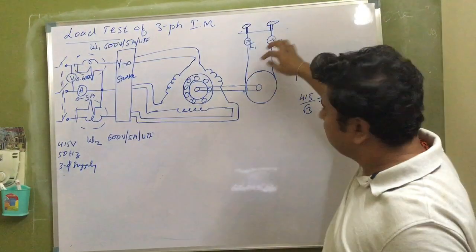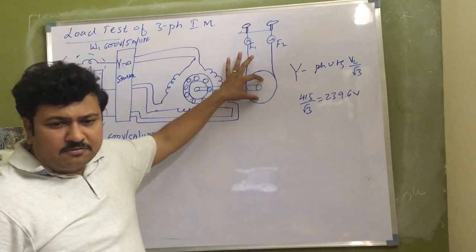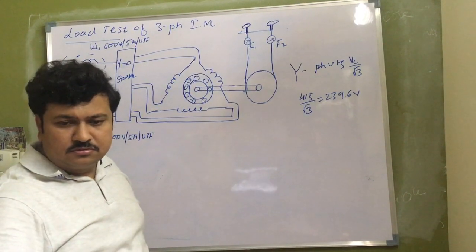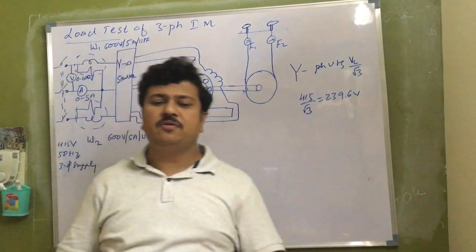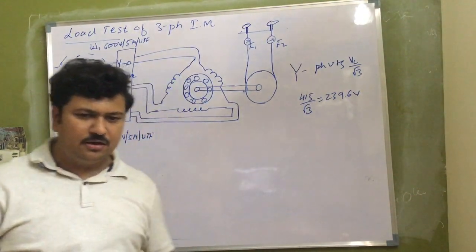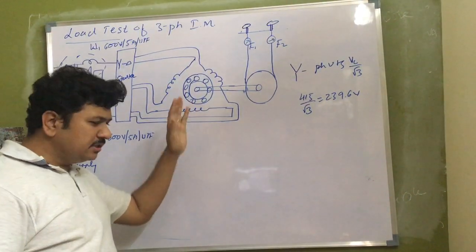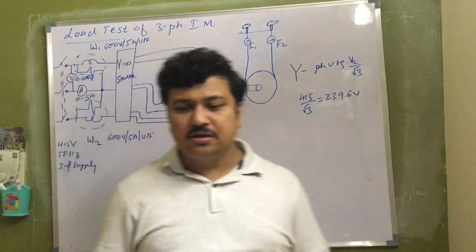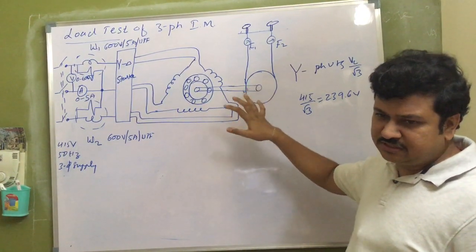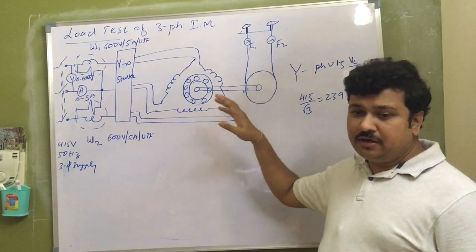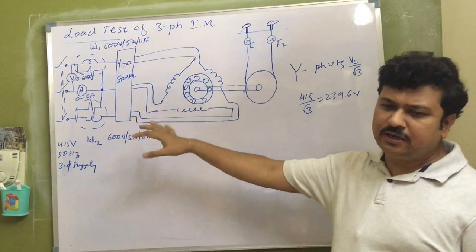the tension on the belt goes on increasing, then there will be a large amount of friction on the brake drum. That large amount of friction on the brake drum itself will act like the load. That is the mechanical load arrangement. And this is the direct loading method, where the physical condition of the motor at load condition can be very easily studied. This is one of the greatest advantages of this type of test, that all the values obtained are real-time values, accurate values as per the operating condition of that motor at that point of time.